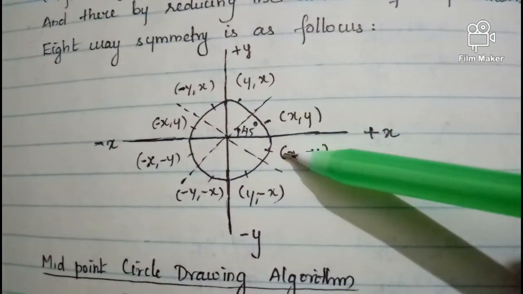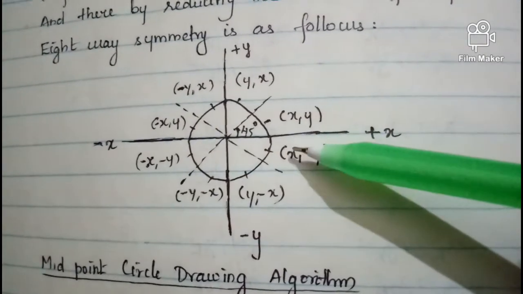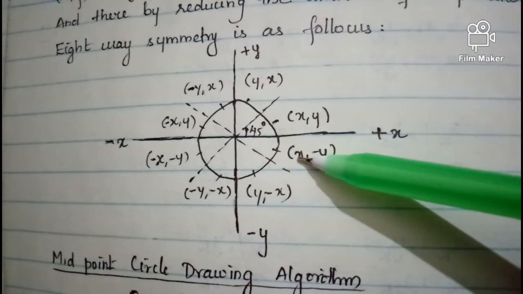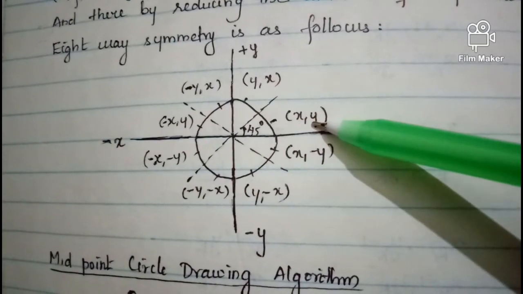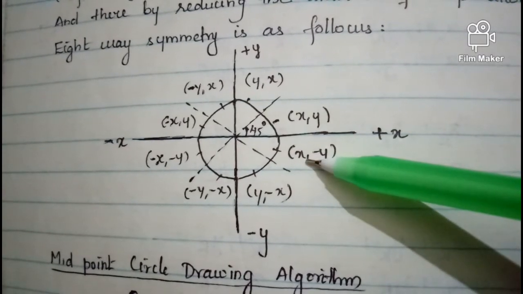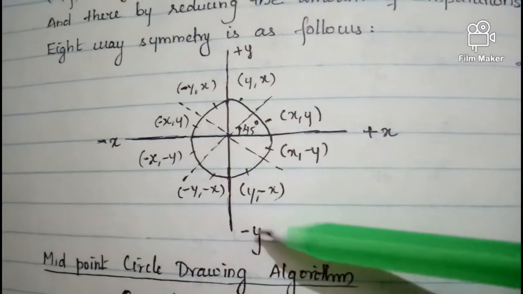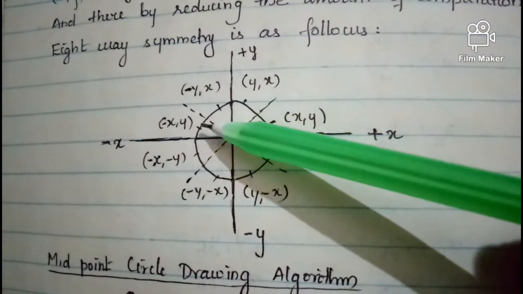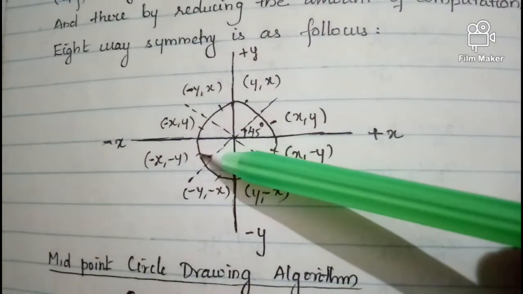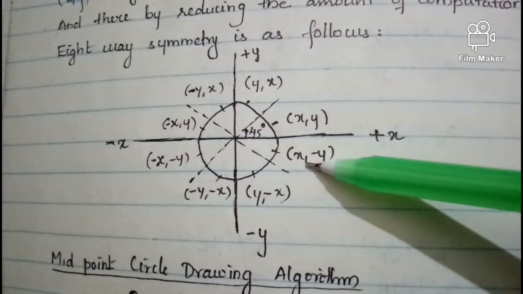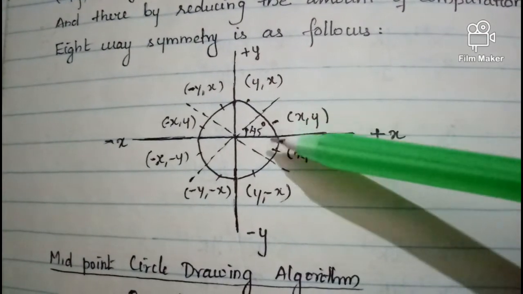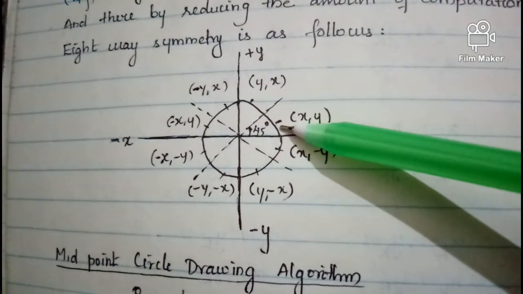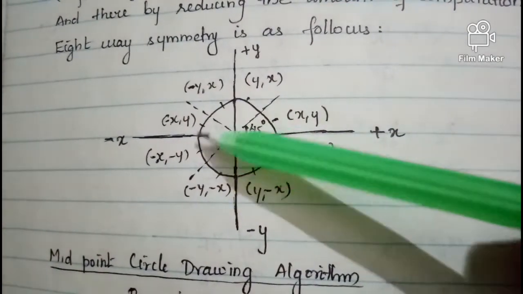Now I am going to calculate the point in this octant. This octant belongs to the fourth quadrant, where the second parameter should be negative and the first parameter should be positive. So if this is xy, then the corresponding point in this octant will be x, and since y is negative, it is minus y. So this is xy, this is minus xy, this is minus x minus y, and this is x minus y. So we have found these 4 values. We computed only this using an algorithm, and all these 3 points are automatically computed.